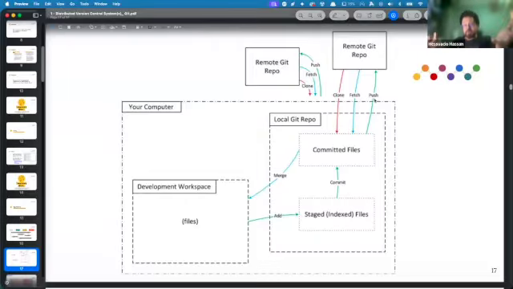And when you hear remote, a lot of times I want you to think of that as my GitHub repo. That is the repo for Git. So what you normally do, if you are working with a team, which you all are,